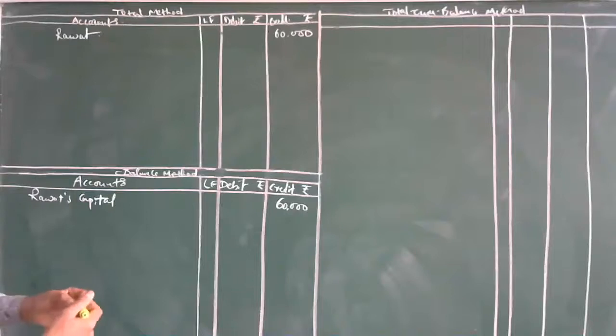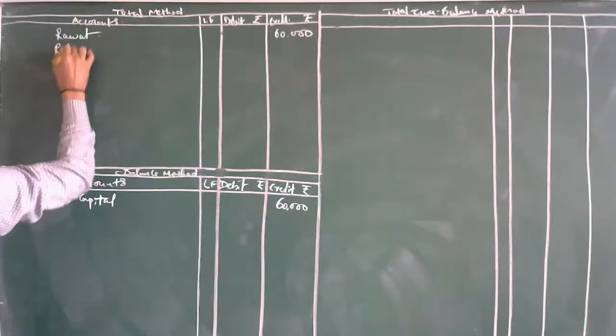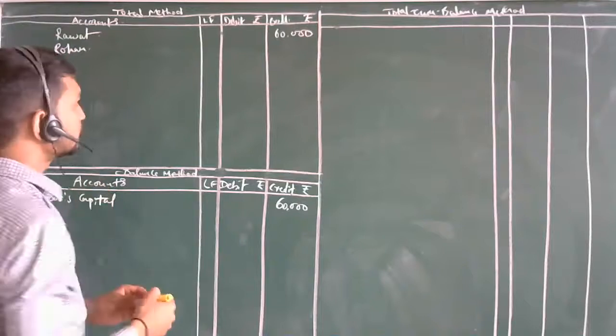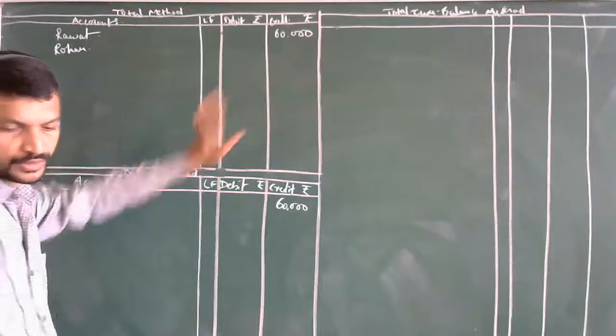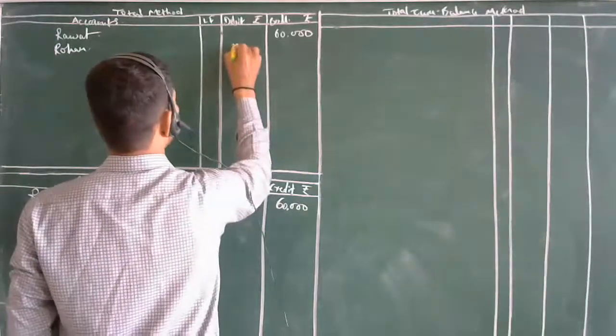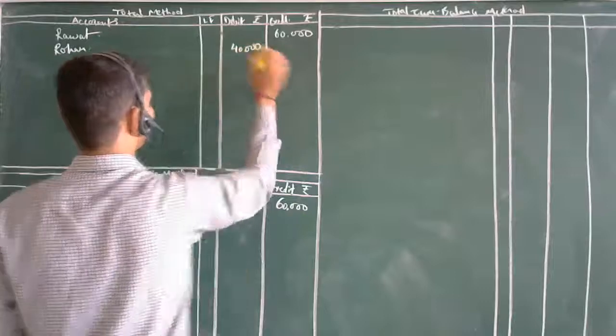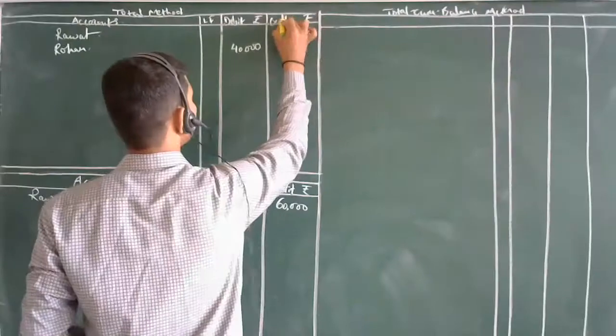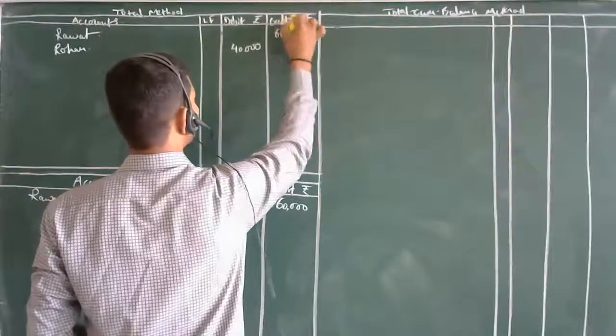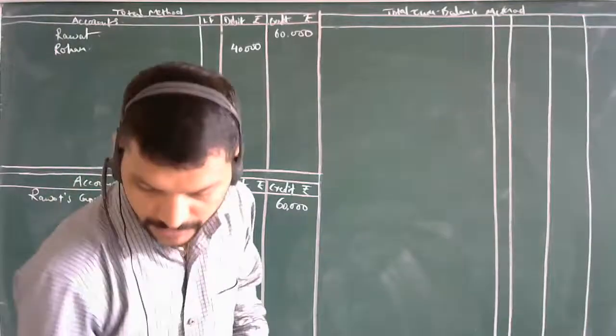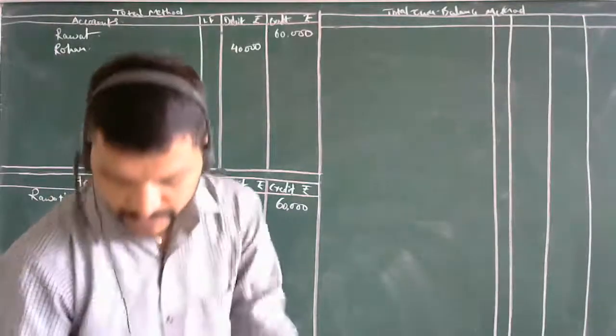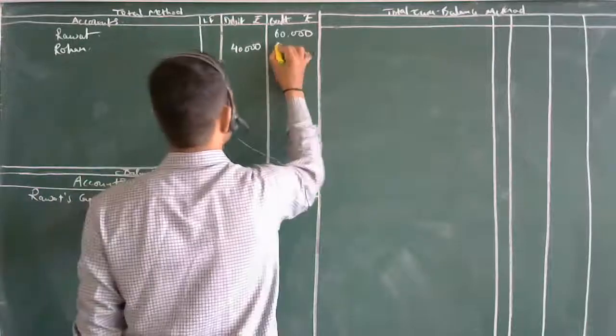Okay, so let's get here. What is the name? Rohan it is. So in the first thing, what are we going to take over here? The cash. Cash is how much here? 40,000. Then what is the total of this account as well? Check it out, the total of this account. Even this is 60,000.